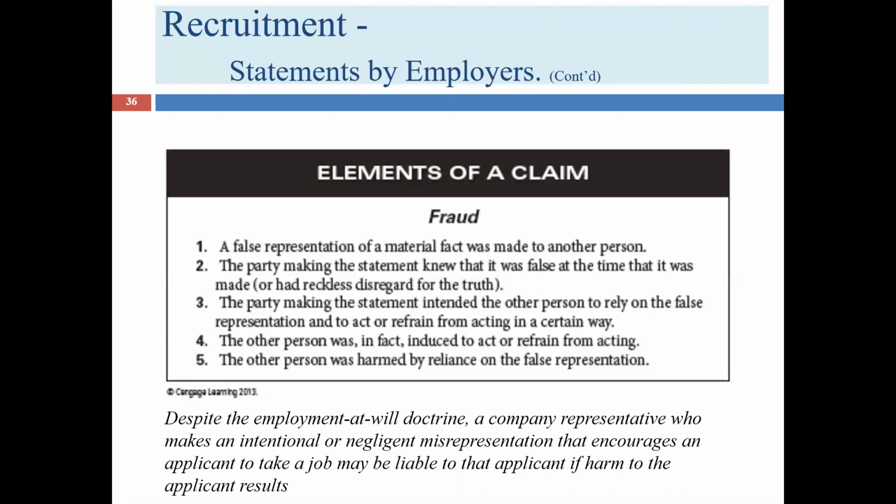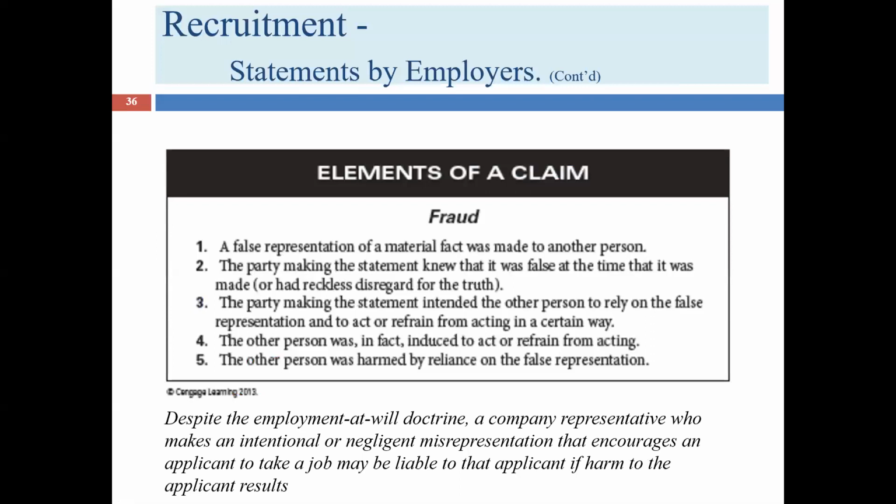Okay, so you might think, well, gosh, since an employer can end the relationship at any time, how about this scenario? Imagine that an employer says, yeah, we're offering you a job. You'll earn $50,000 a year. The employee accepts the job, quits his current position, comes to work at the new job, and works there for one day or one week or whatever, and then is fired. And he's not fired for any reason. The employer just says, we changed our mind. But I had a steady job. I was earning $45,000. I can't go back to my job, and now I'm on the streets.